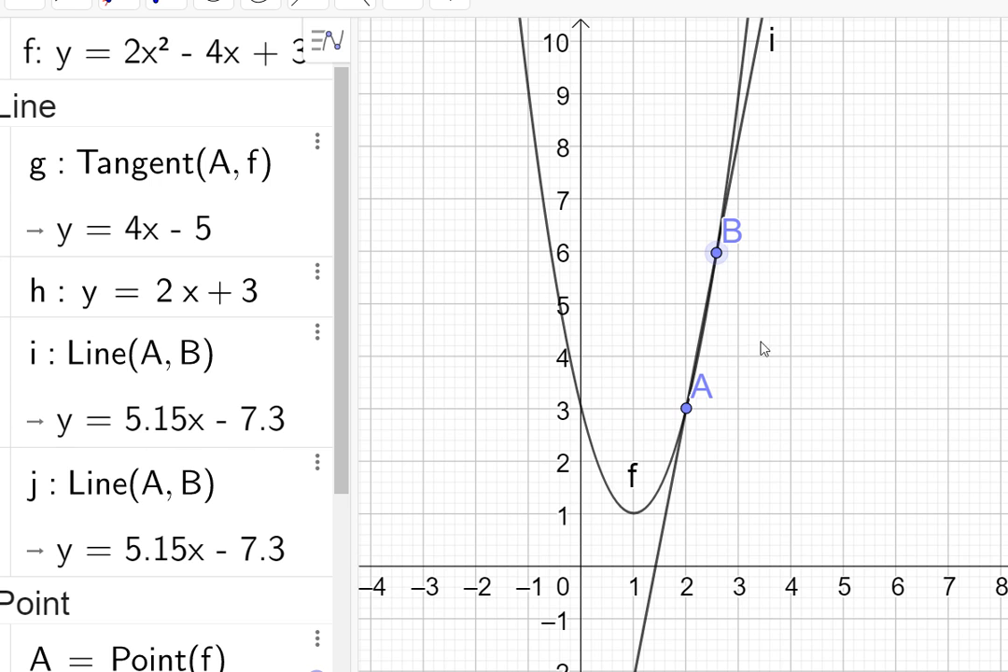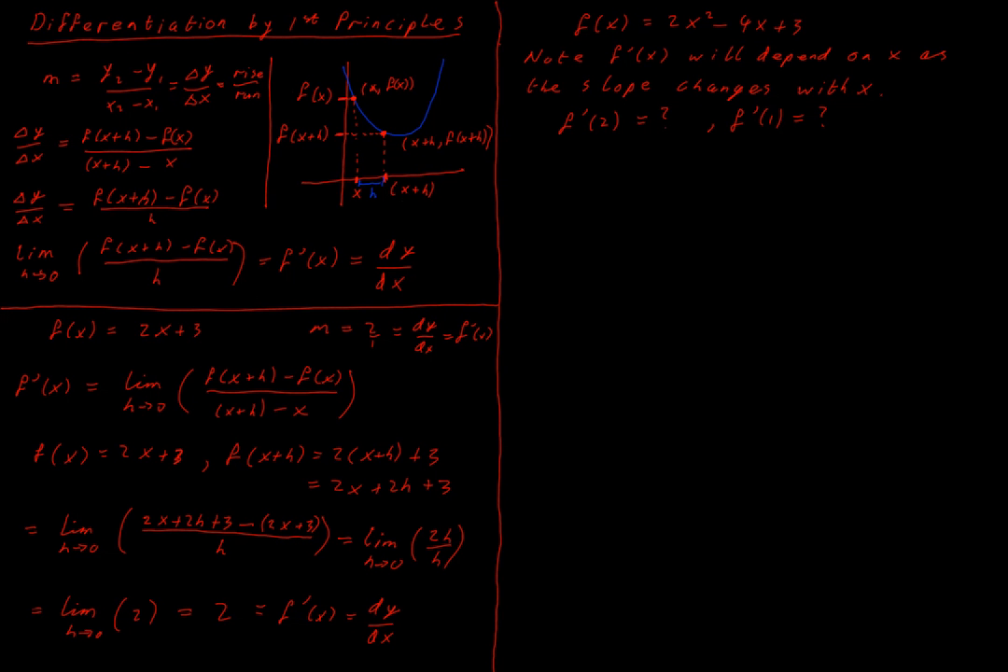So we would expect then, we're going to switch back, that when we get the slope of this function, we're going to have x involved in it. It'll depend on x because the slope changes as x changes. So let's try and find it, and then we'll try and find what the slope is at x is 2 and x is 1. So to find our f dash x, or dy dx,